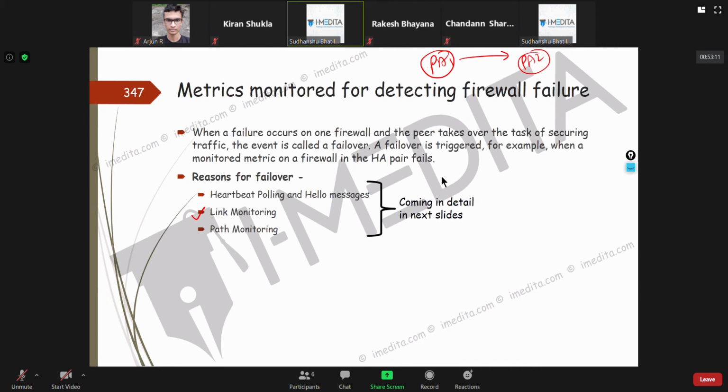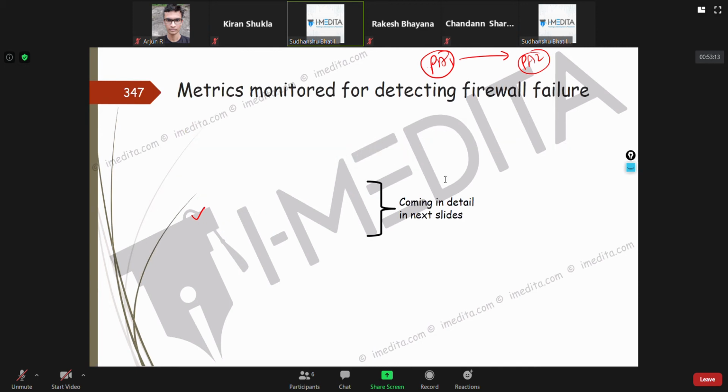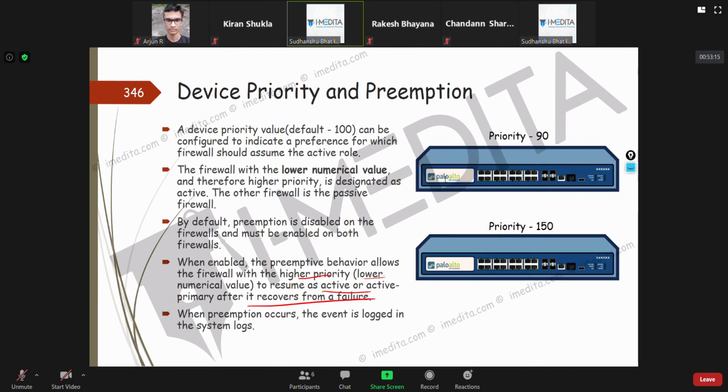Suppose you have both these firewalls connected to the internet and you want to monitor the state of this interface, so that if this interface goes down, even if this firewall is up, it doesn't become active.